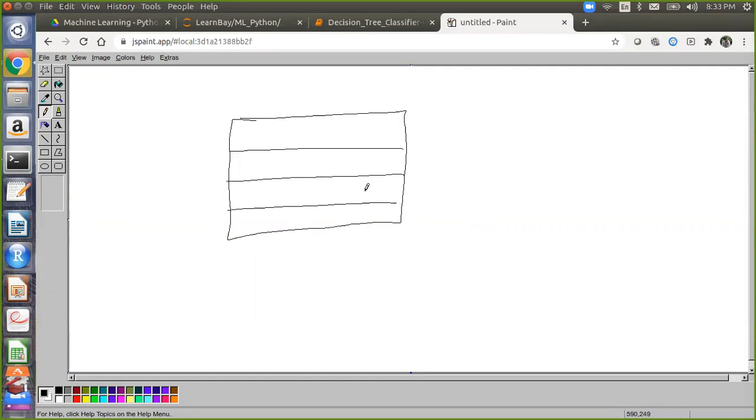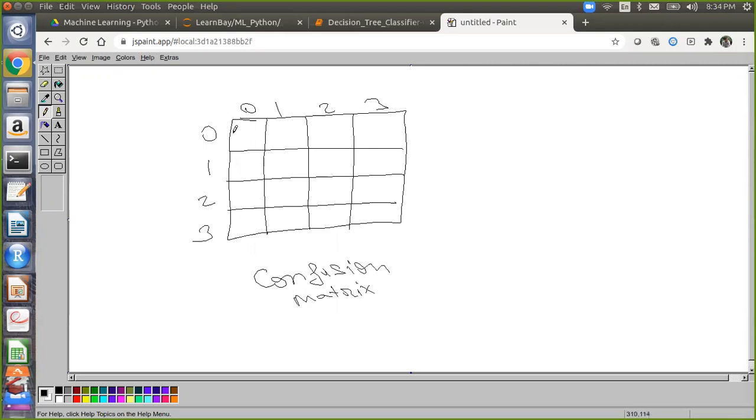Okay, let's take 4 outputs: 0, 1, 2, 3 on both axes. This is a confusion matrix for more than 2 outputs. How many times has 0 been predicted as 0? 43. 1 predicted as 1, 60. 2 predicted as 2, 20. 3 predicted as 3, 11. And the other cells are 21, 20, 42, 0, 0, 21, 30, 80, 69, 110, 20, 31.